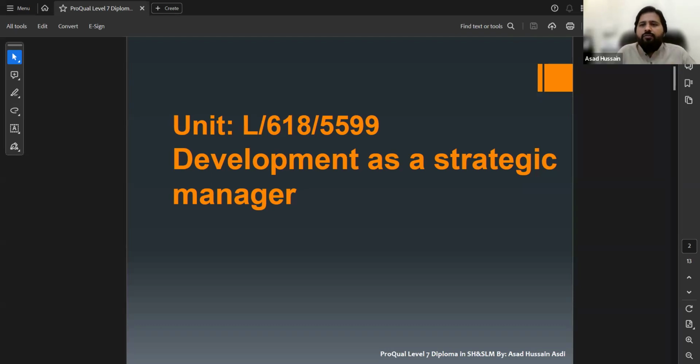So before going forward, we must know what the difference is between a manager and a strategic manager. First, we should know strategic management.